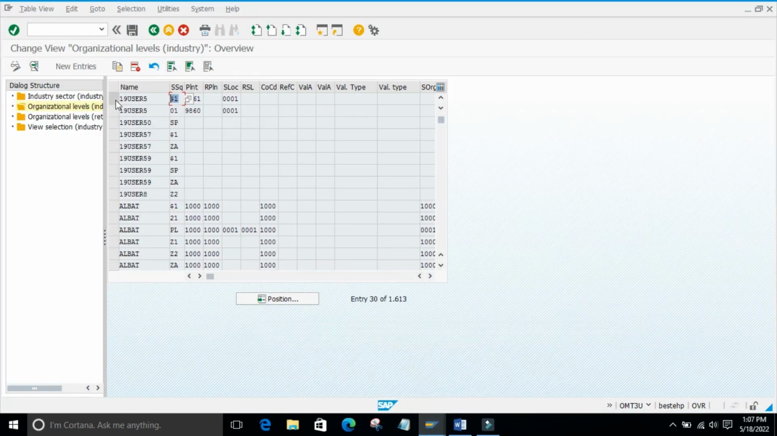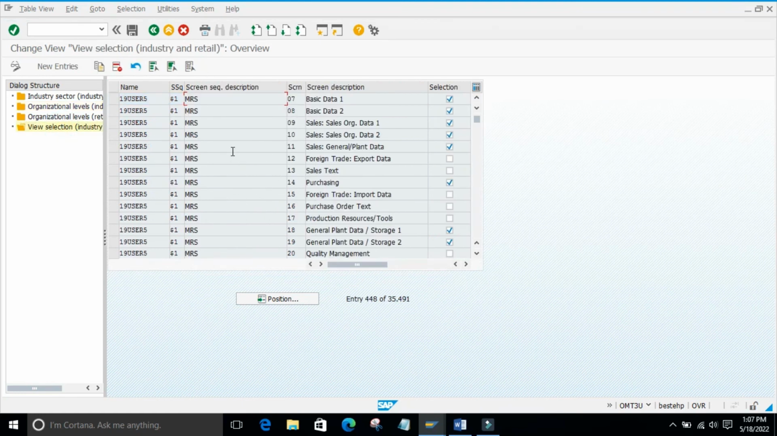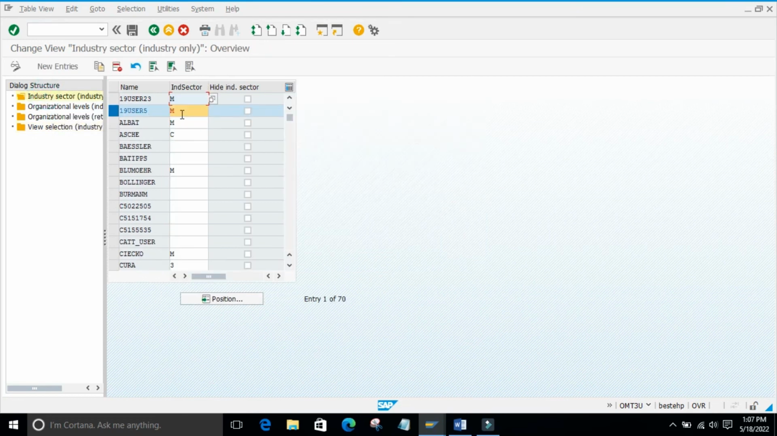For 19 user 5 these are the defaults. For this screen sequence, we have made this plant and storage location default, and these views also we have made default, selected views we also made, and industry sector mechanical engineering will come by default. So if I tick the hide indicator here, what will happen, I will save